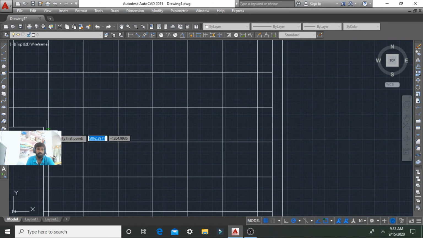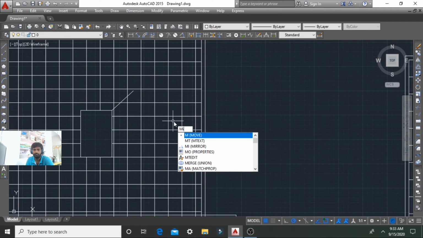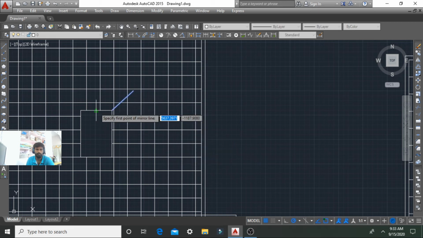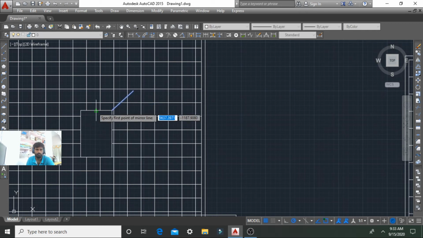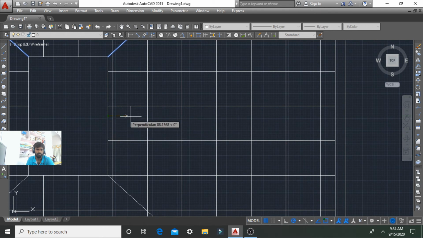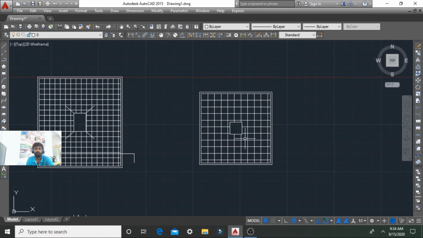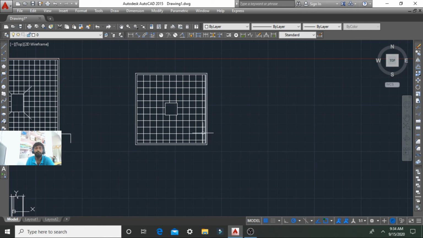So here we go, these are the symbols. And here we go, the section view of the trapezoidal footing.